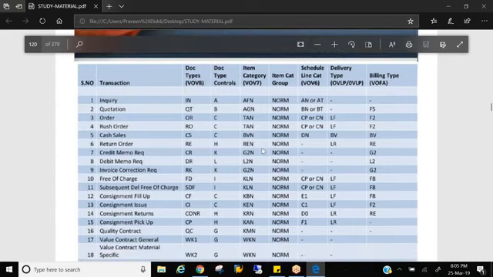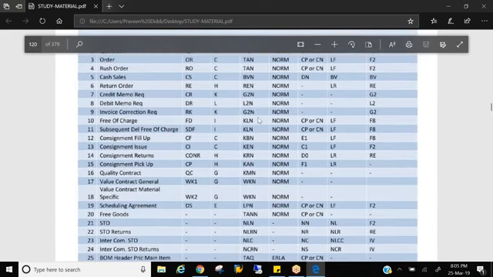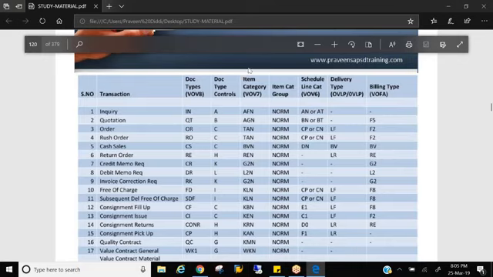Every process, inquiry, AFN, quotation, AGN, standard order, TAN, cash sale, BVN, like this, every process has its own item category. That's how the system knows what kind of item it is, whether it's a quantity contract item or a value contract item, or this is a credit memo or a debit memo. The system will be identifying that by this item category.